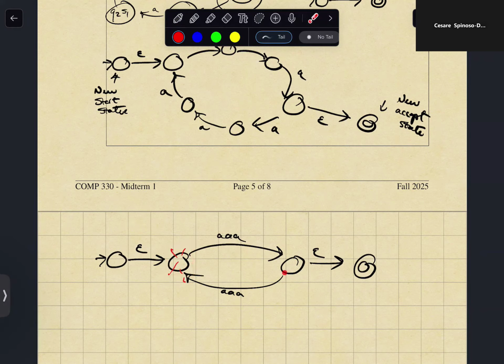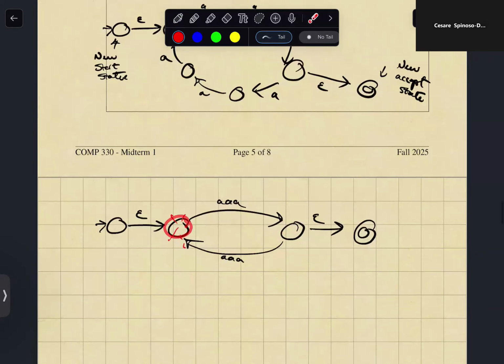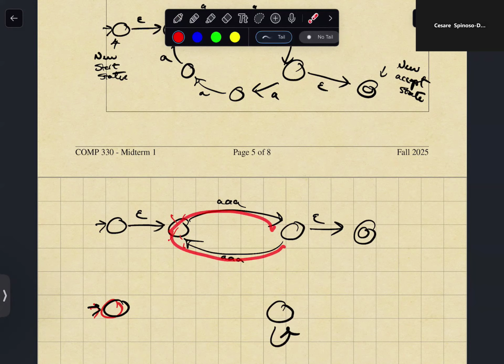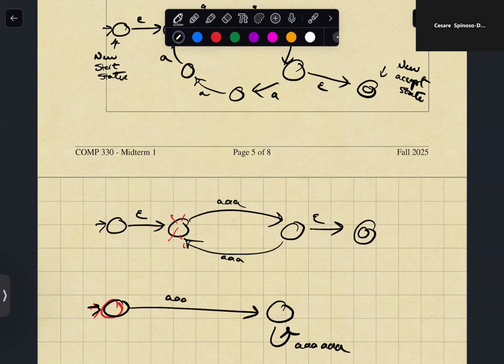So it seems like I can have a self loop if I use this state. So in my new machine that doesn't have that state, I should have a self loop, which is AAA and then AAA, right? So AAA and then AAA. And then the other thing that this is useful for is epsilon AAA to this state, right? So then we get AAA to get to this intermediate state, and then we still have this,